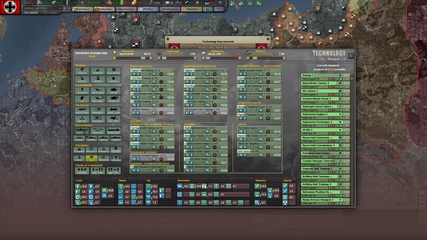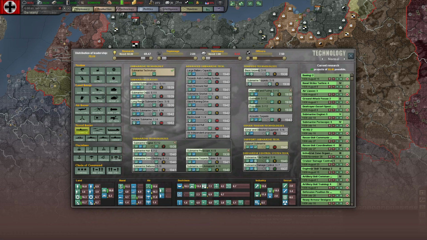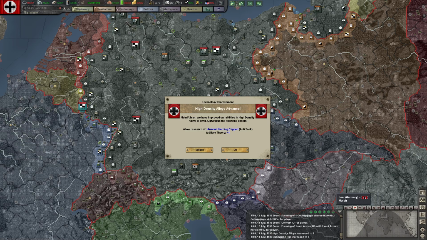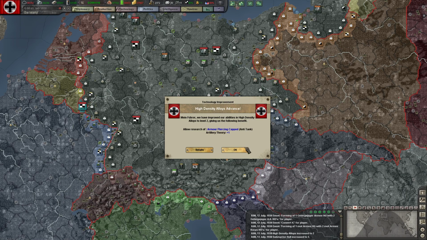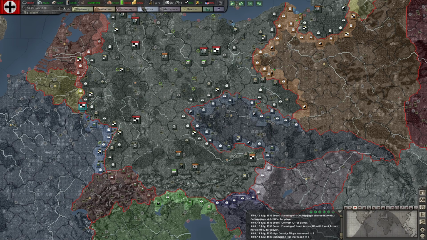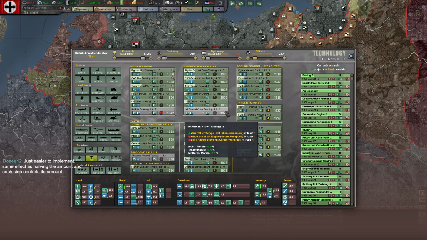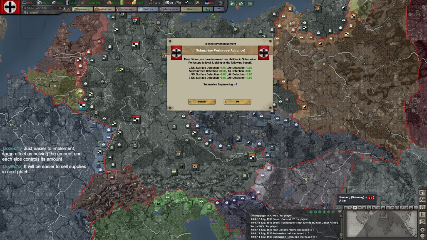Submarine hull advance, unless you're changing that. Okay, that's grayed out. And high density alloys advance. Okay, that's grayed out. Armor piercing capped. Yes, we'll do that. We can do another one. Yeah. Oh, good, because